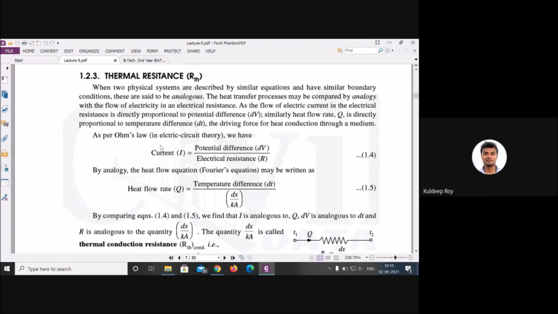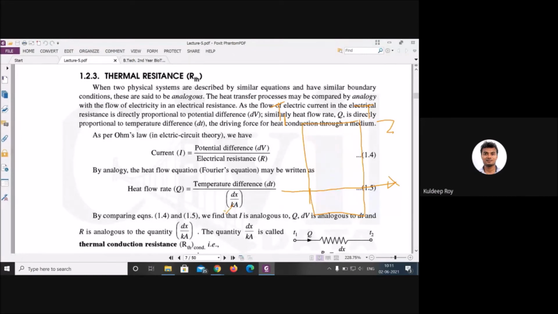What we want to show here is a comparison with an electrical circuit. Current is equal to the potential difference divided by the resistance. The same thing applies to heat transfer. If you have any kind of material, the temperature difference, delta T, T1 minus T2, drives heat transfer from this position to this position. And how much is the resistance? The resistance will depend on, as you can see, thermal conductivity.